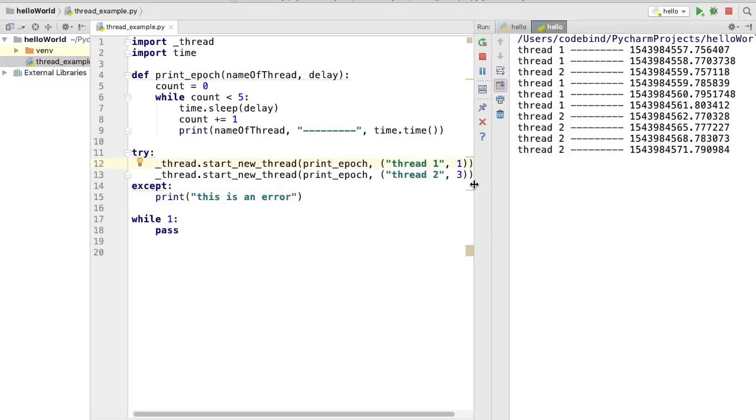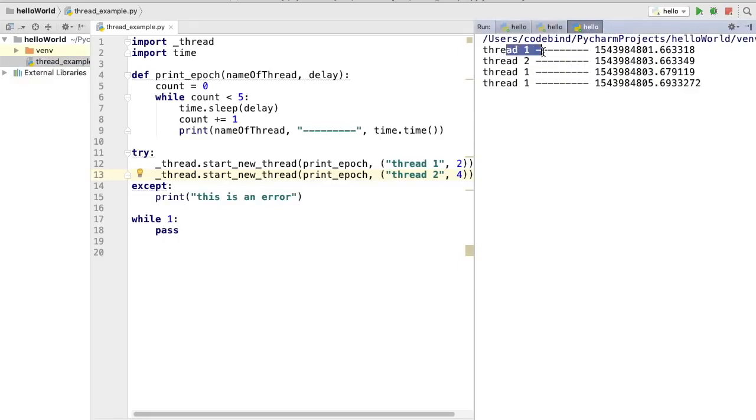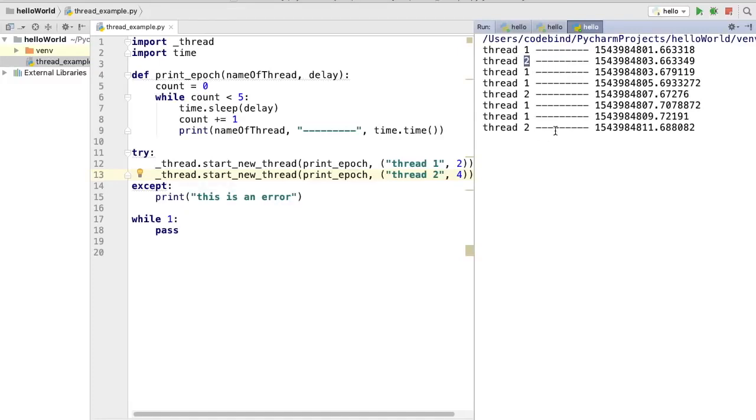So let's run this script once again, and let's change the delay here. So I'm going to provide the delay of 2 seconds, and here I'm going to provide the delay of, let's say, 4 seconds. And let's run this script once again, and this script runs, and you can see after 2 seconds the thread 1 print statement is executed, and then after 4 seconds thread 2 print statement is executed, and this thread execution you will be able to see in those intervals. So this is how you can use thread module in